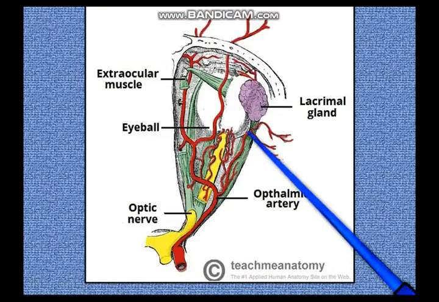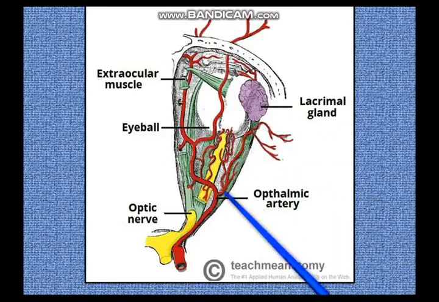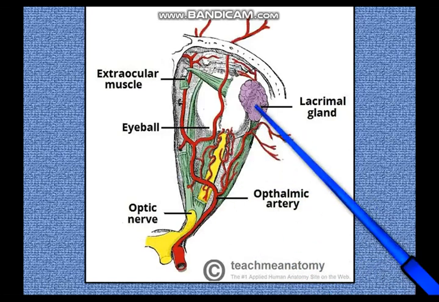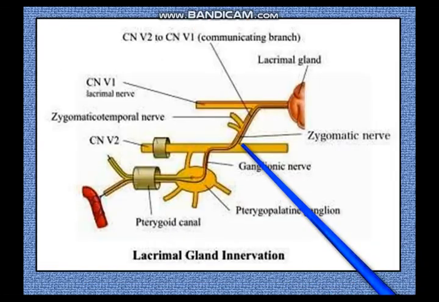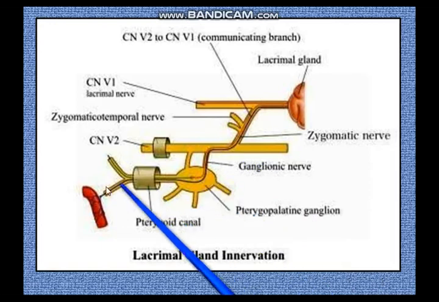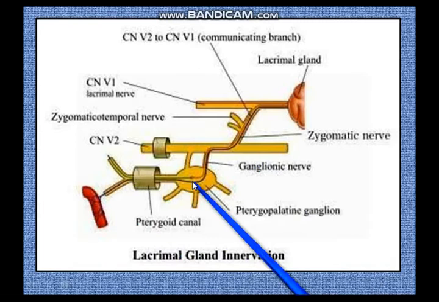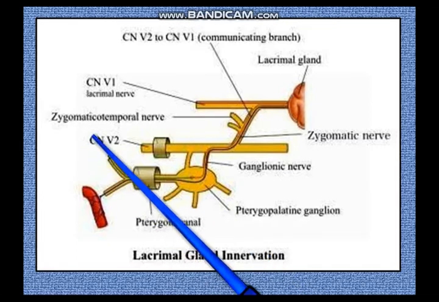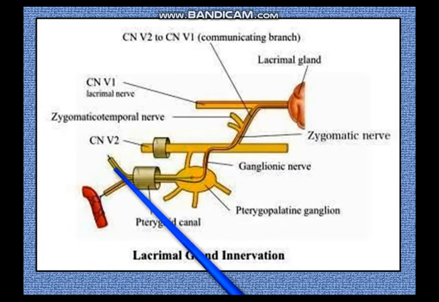Now here you can make out the supply to the lacrimal gland through the lacrimal artery, which is a branch of the ophthalmic artery. And beyond that, last but not the least, the nerve supply of the lacrimal gland. You know that the lacrimal gland is supplied by the facial nerve, by parasympathetic secretomotor fibers, and these branches from the facial nerve arise within the temporal bone at the level of the geniculate ganglion, and it's called the greater superficial petrosal nerve.